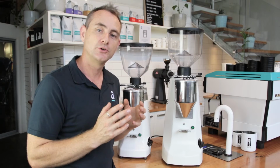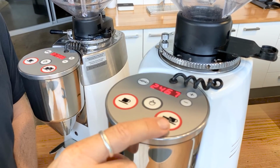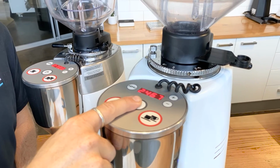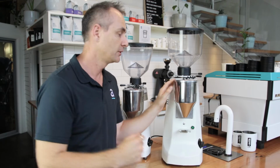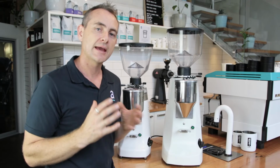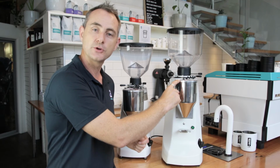Now to use that menu, it's very easy. You have two buttons, a single dose and a double dose. Then you've got a manual dosing button. You have your menu, which you press and hold to access into the menu. And you've got your plus and minus, and they're going to allow you to adjust the time that you're going to allocate to the single dose or